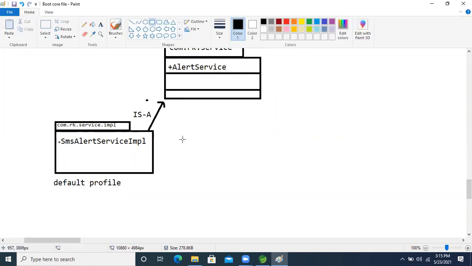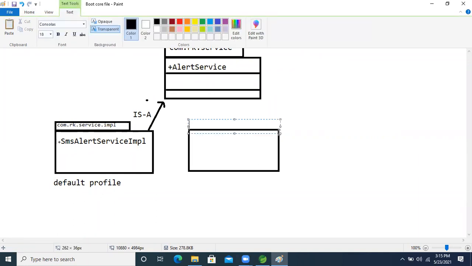Now, another one more implementation class I'm taking. What is the class name? I'm taking EmailAlertServiceImpl. This is another implementation class.